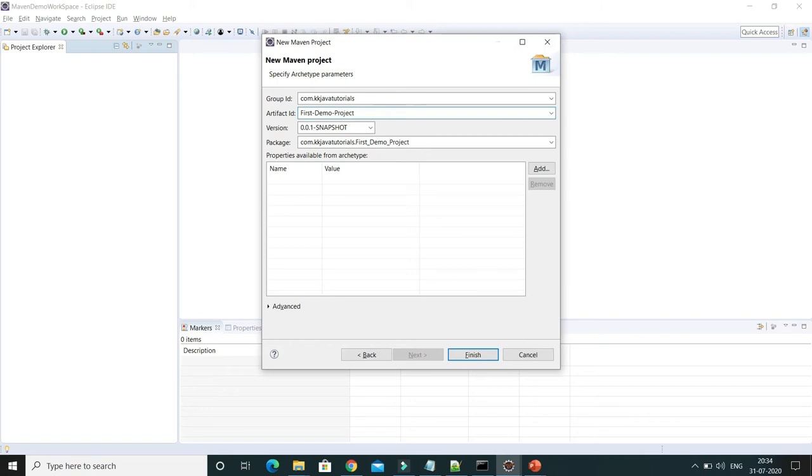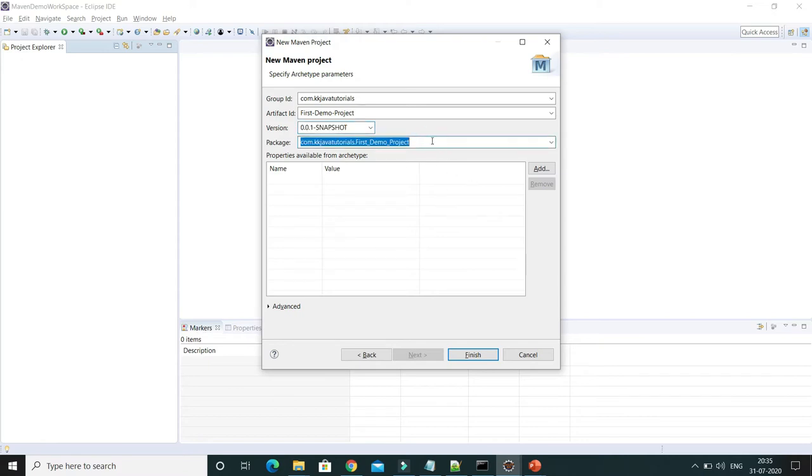Something like this. And here, version: you can see a drop-down, that is only one suggested version, and even this is editable. It is showing 0.0.1-SNAPSHOT. Snapshot always represents that the project is in the development phase itself. It's not a release version. A release version means you are not going to write snapshot, like 1.0, 2.0. It's a build release number, right? There you are not going to specify snapshot. Snapshot means the project is under development itself, right?